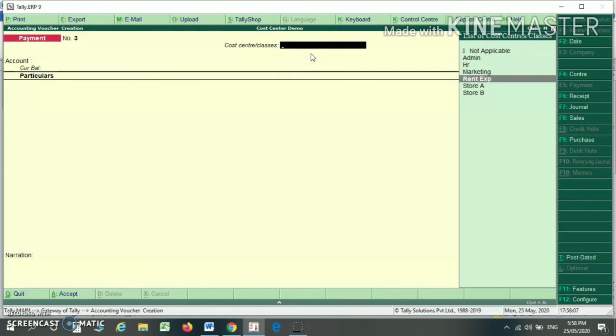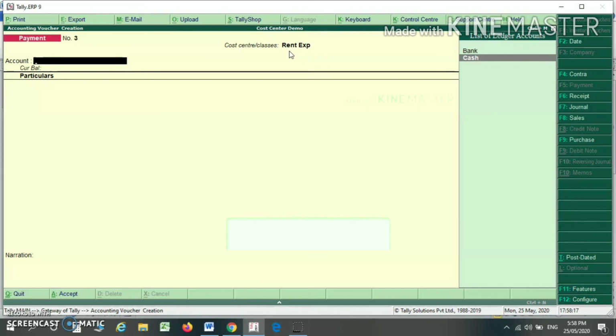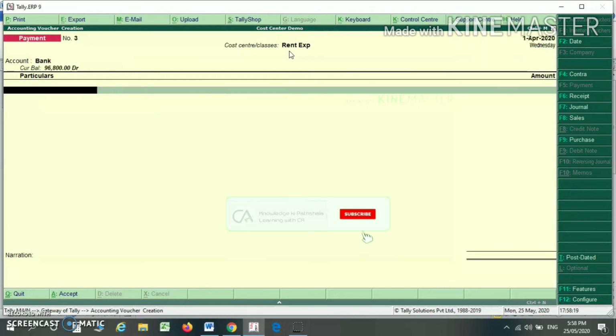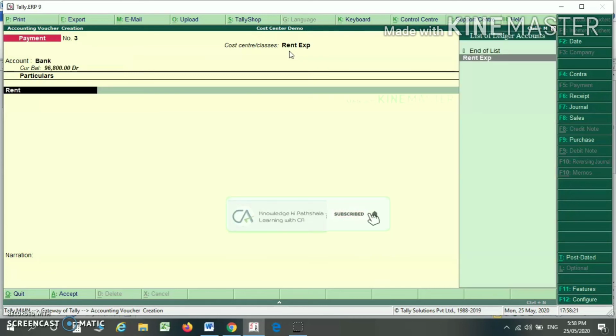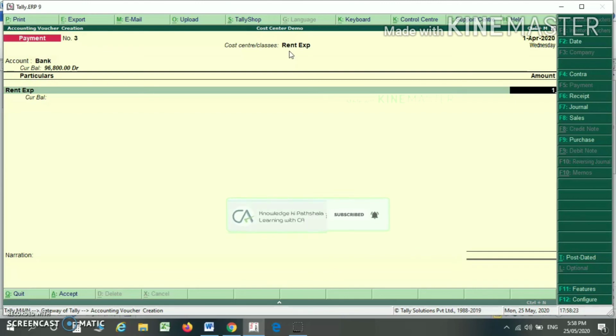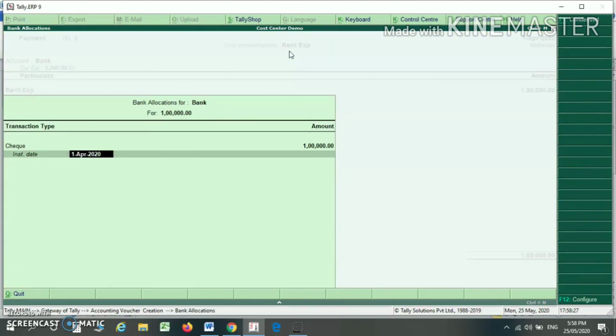So I am selecting the rent expense here because we have already predefined our cost center or class. I am selecting bank, I am selecting rent expense. Suppose I have made the payment of rupees 1 lakh for my rent expense.